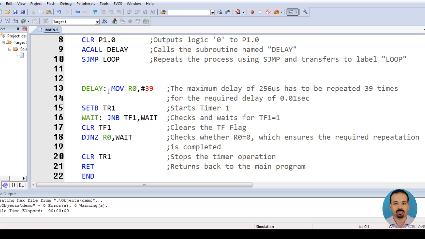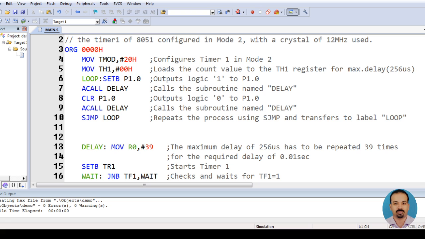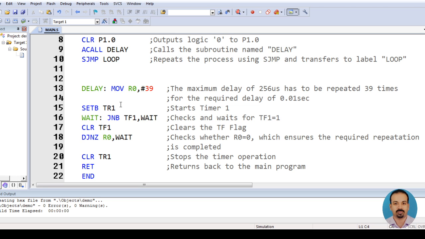So here you can see that in this case also, we just load the value to the counter register th1 initially in the main program, only once. We are not loading that value repeatedly in the subroutine. So this makes the difference between mode 2 and any other mode of operation supported by the timer modules in 8051. Okay, so if I save this and burn, and go for the debugging stages,